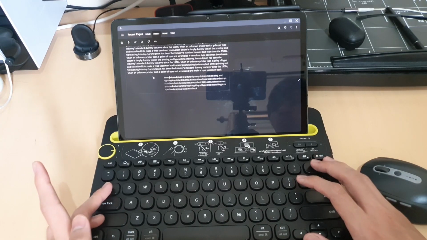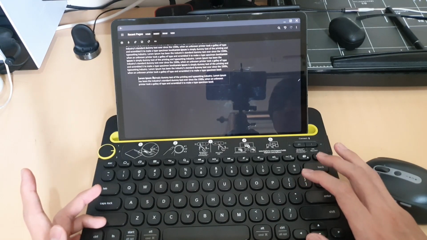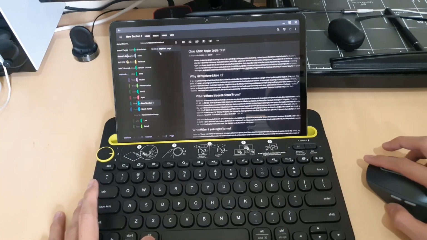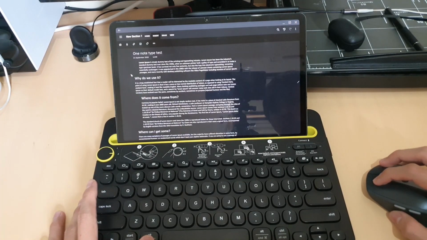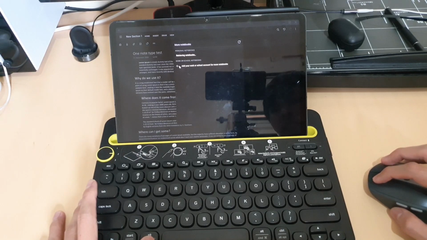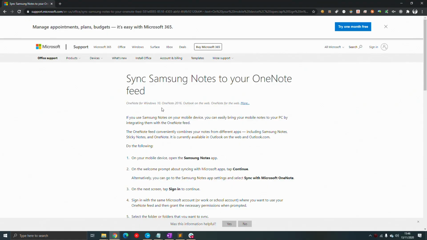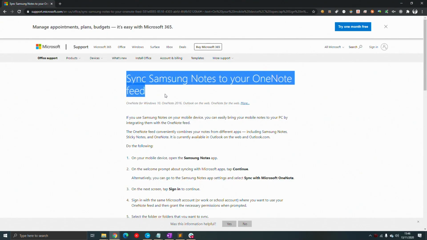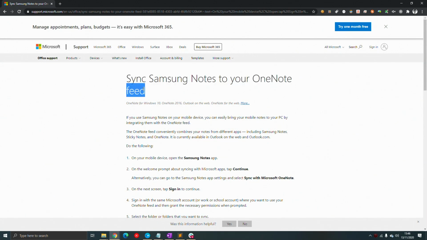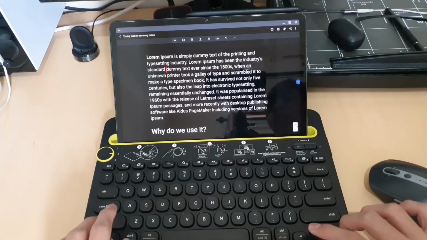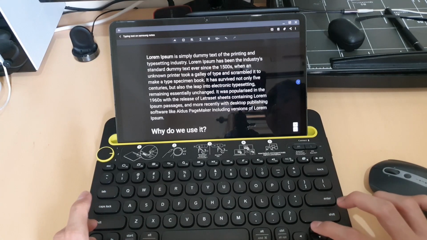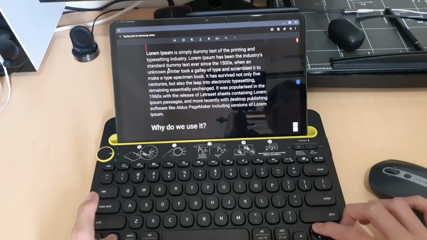It makes me sad because I have been using OneNote since 2016 and I don't plan to move out from OneNote soon, except if there is a new note-taking app that can connect to OneDrive, so probably I can try that. I heard that the newest Samsung Notes update will add the ability to sync to OneNote, but only as a feed. I really hope that I can sync all of the folders and pages I have on Samsung Notes with OneNote, so I can use Samsung Notes on my Tab S7 and use OneNote on my computer.